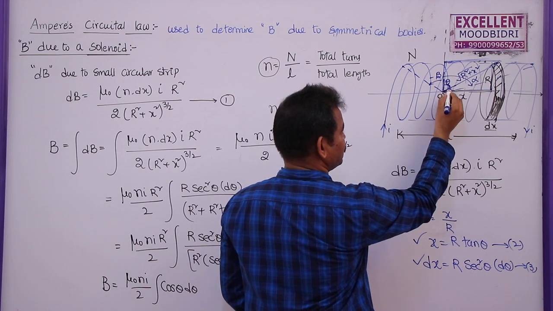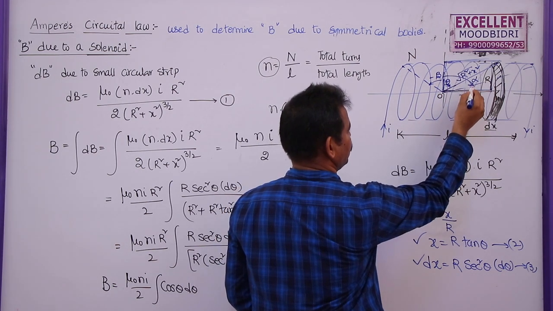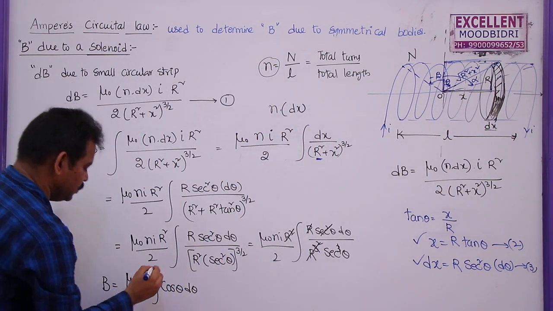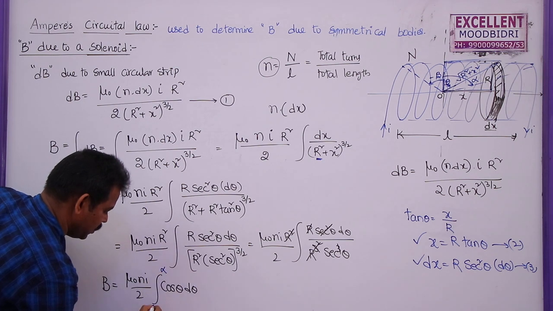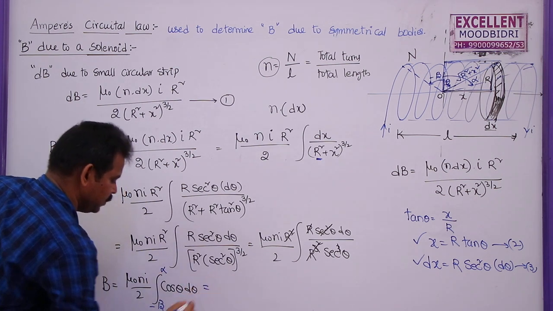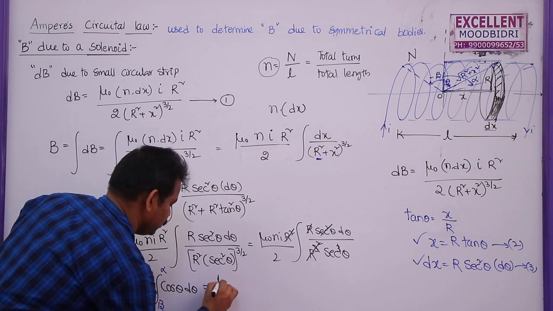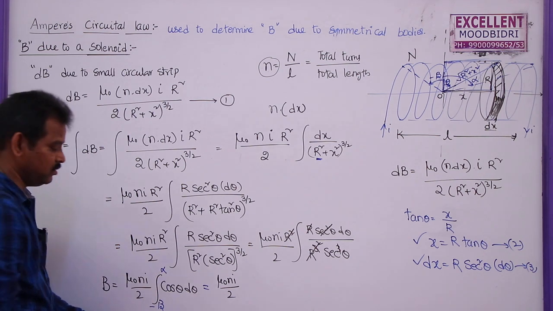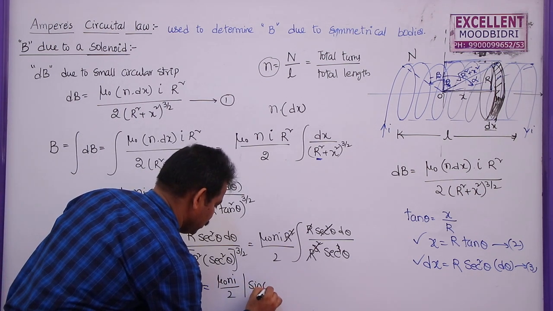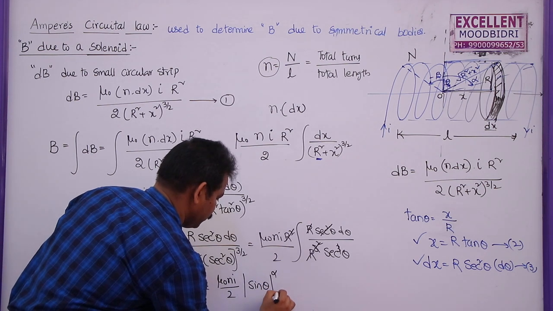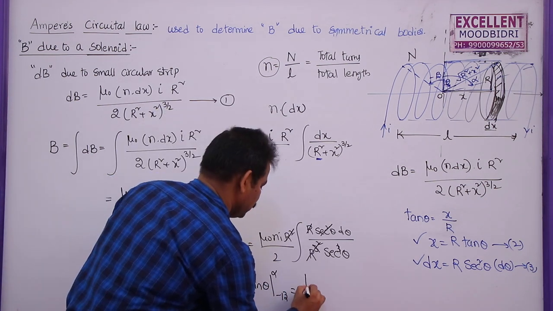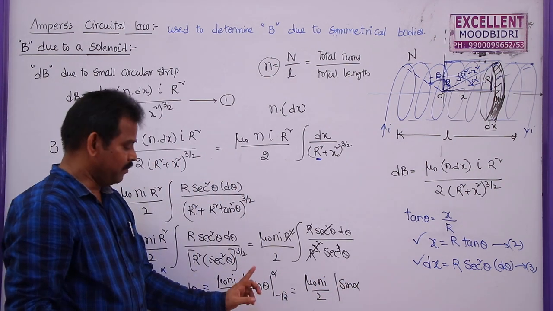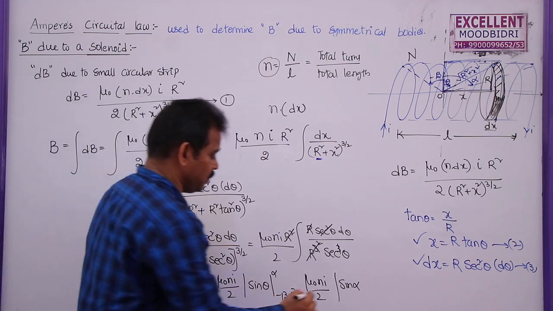Why? Because here I measured this theta in this direction, so I am measuring this one in the same direction, this will be positive, and this is the angle measured in the opposite direction, this will be negative. So what are the limits here? The upper limit is alpha, the lower limit is minus beta. So now this can be written as mu naught ni by 2 integral of cos theta, which is sin theta, with the limits alpha and minus beta. So you can write mu naught ni by 2 sin alpha minus sin minus beta,